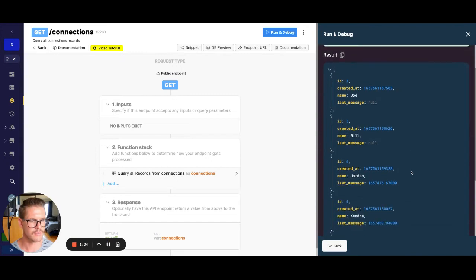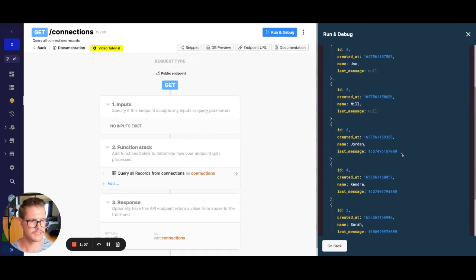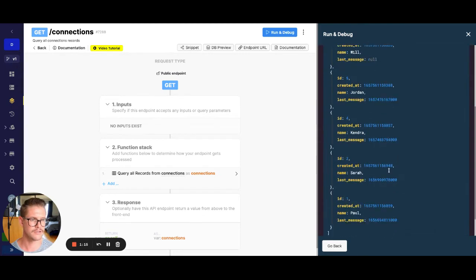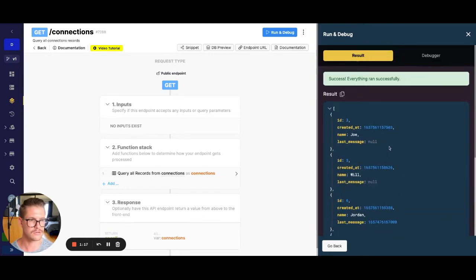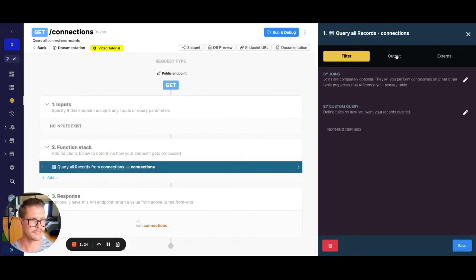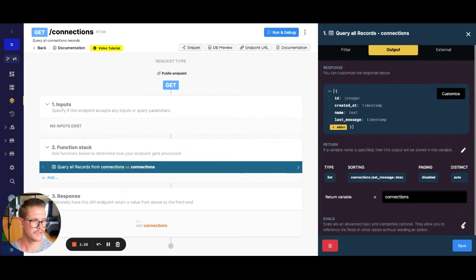So instead of what we want, which is to see the values that actually have a timestamp that are the most recent, we see null first. So we want to be able to have those null values be last in this sort and our most recent messages first. So what we can do is if we go back into this output tab here, we can create